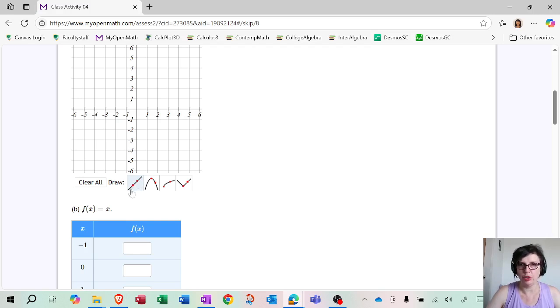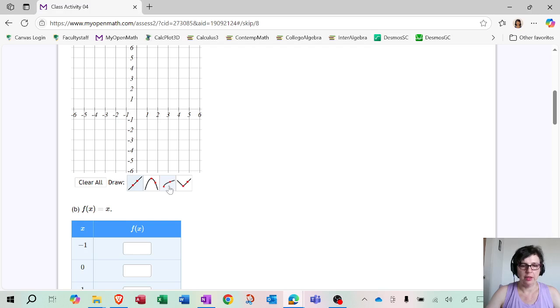So we need any 2 points to graph a line. Number two, a parabola. A parabola has to have a vertex and one other point. So usually that would be x squared. If you see x squared and no other terms with a higher power than that, that's a parabola.